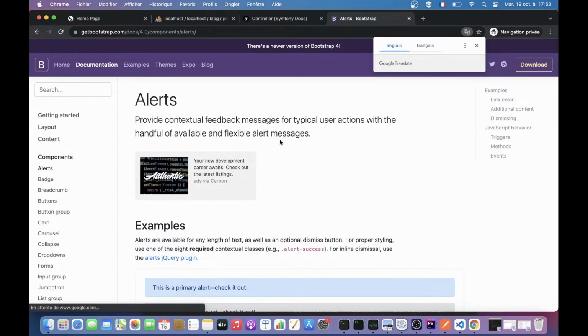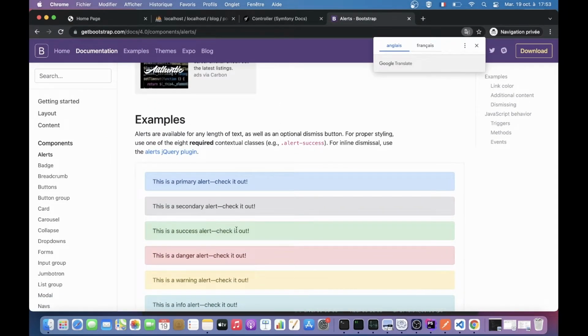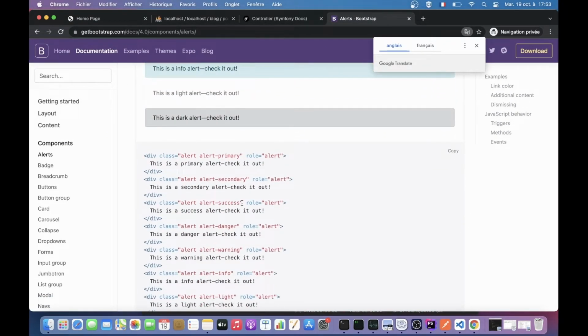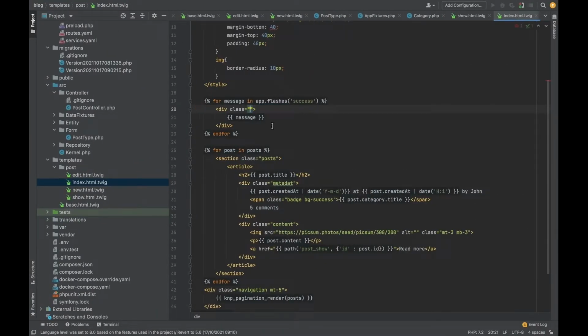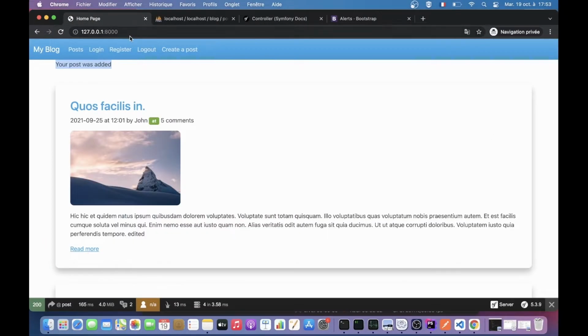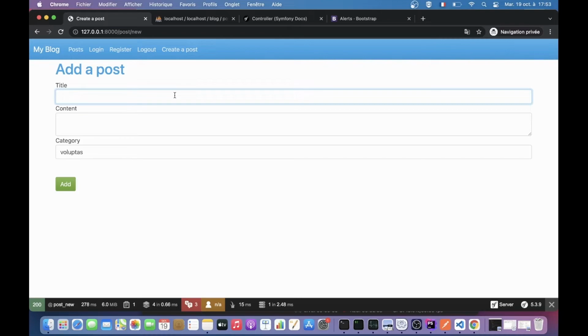It's like an alert. So I want this kind of messages. So the success. So the class should be alert success. So I will go back here and replace this one with this one coming from Bootstrap. And if now I create a new one, new test,